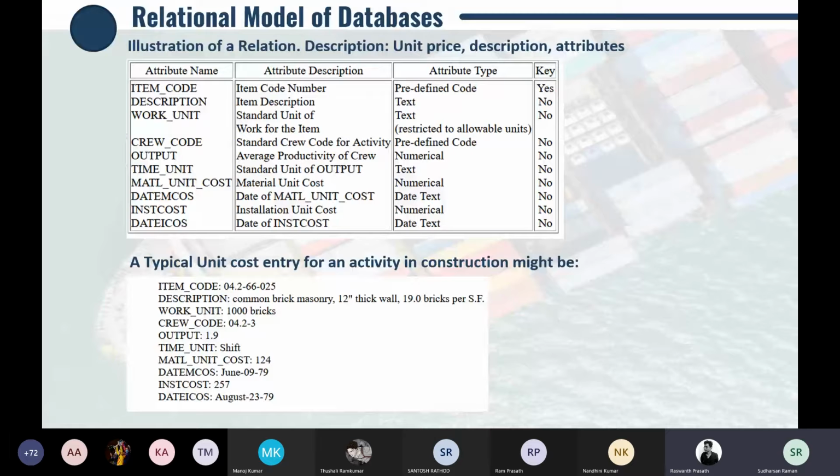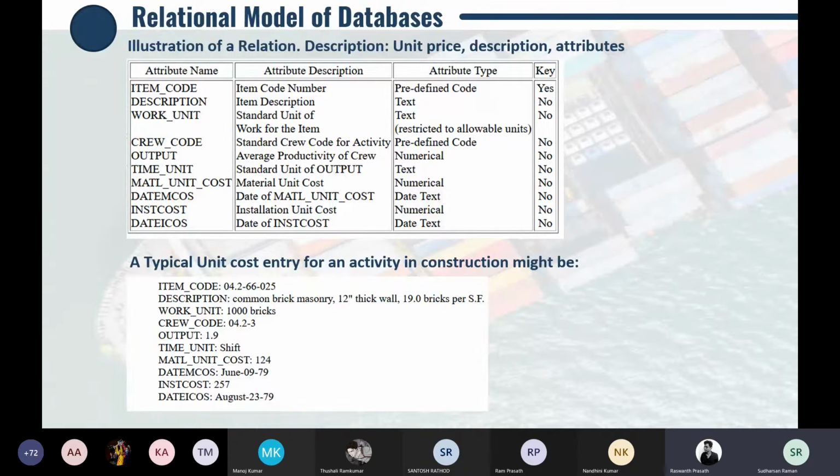So I'll give you an idea on relational database systems. It's the same as SQL you might have learned in the computer department, and it basically gives you a specific attribute name and description of the attributes, and the type that we enter, like text or numerical predefined code.